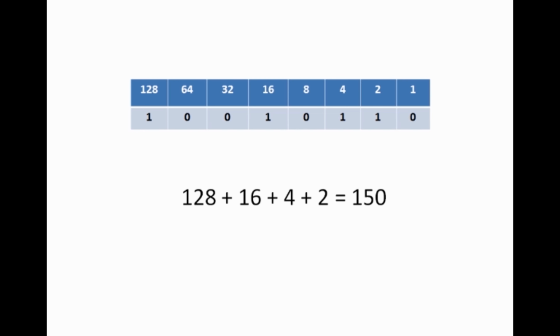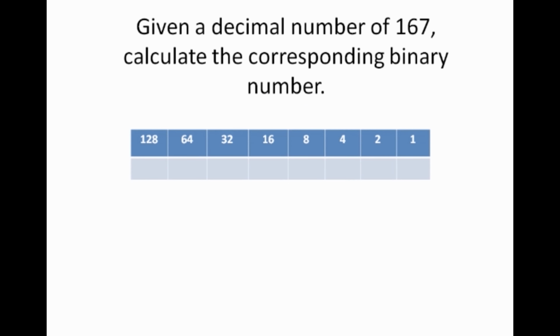Let's see if we can now take a decimal number and convert it to binary. Let's say that we're given a decimal number of 167, and our task is to calculate the corresponding binary number. We can still leverage this 8-column table that we talked about, and here's the logic that we're going to go through. We take a look at our decimal number of 167, and we start at the left-hand side of this table,